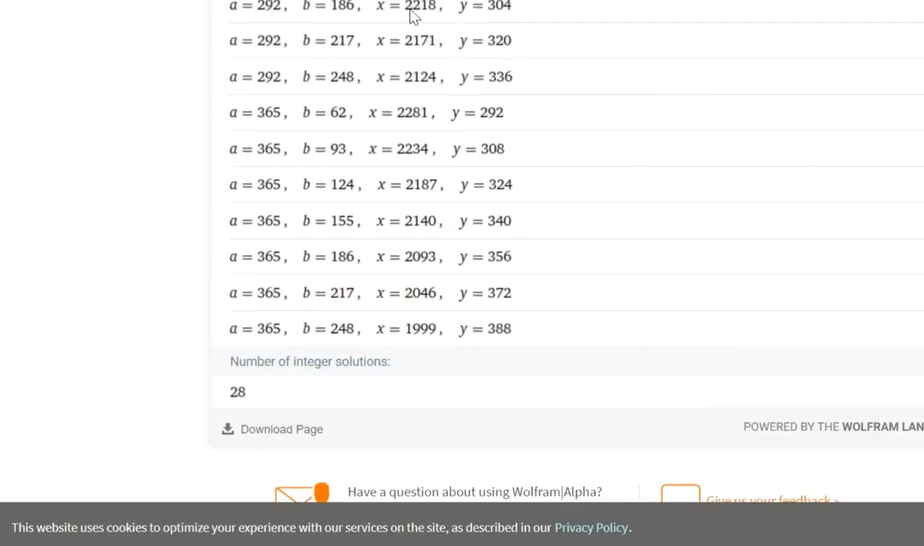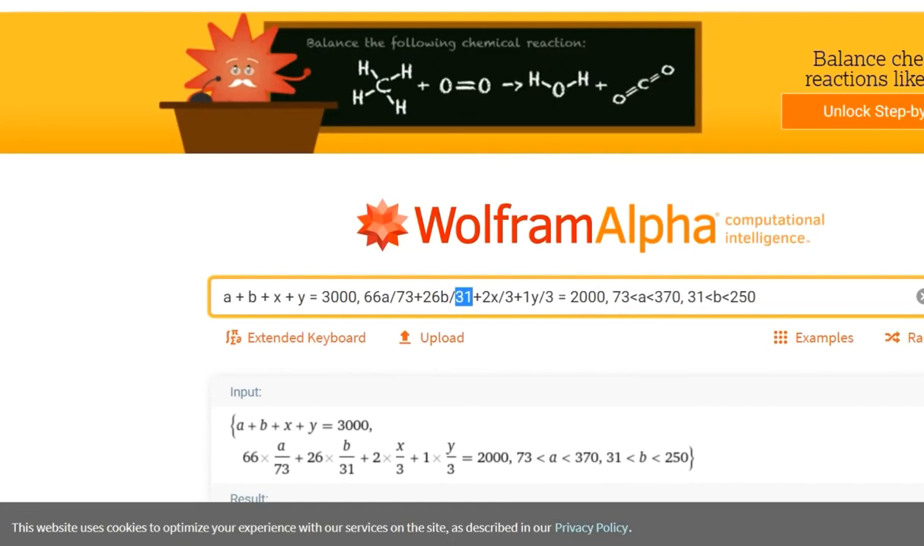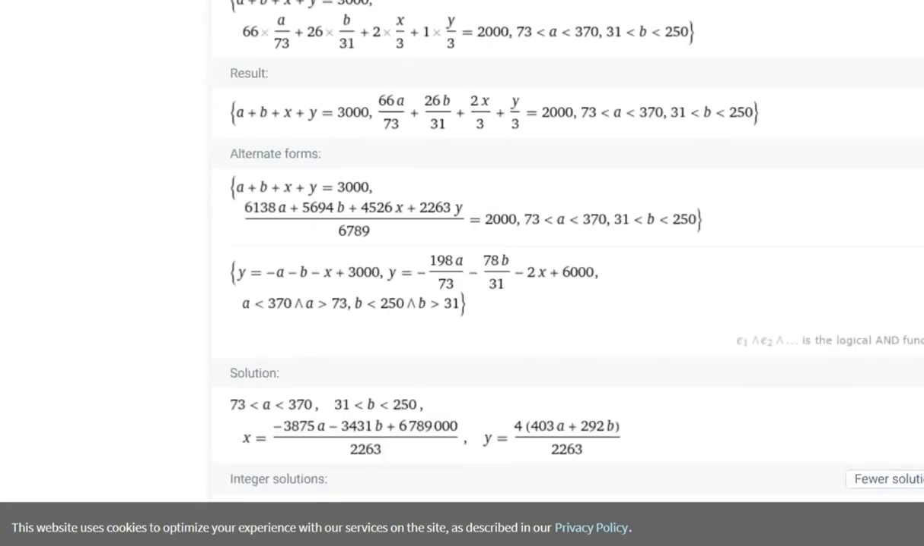Now we just go over to Wolfram. It's a great website. And I just plug this in. A plus B plus X plus Y equals 3,000. Then I type in the ratios, equals 2,000. And I'm not going to explain why I put bounds on A and B, but just trust me, there's a reason why I did that. If I don't, you get negative solutions and imaginary and complex numbers. So I put these bounds on. And Wolfram pops out